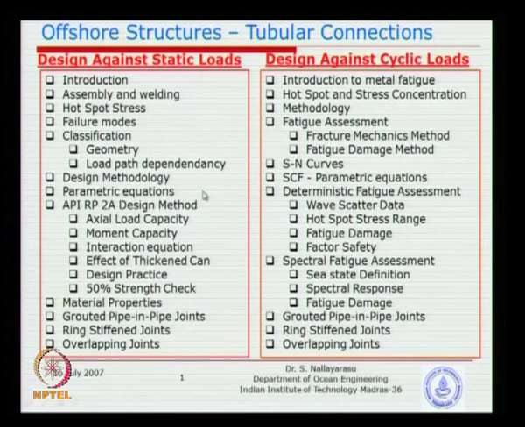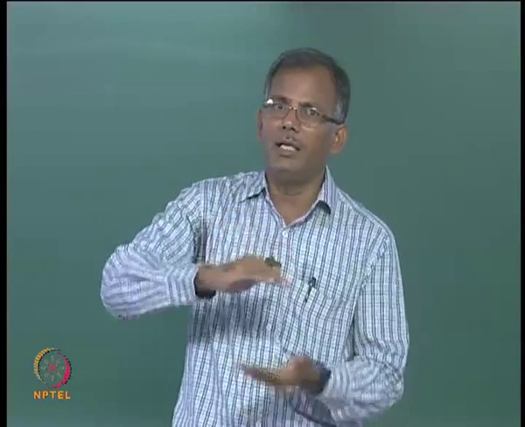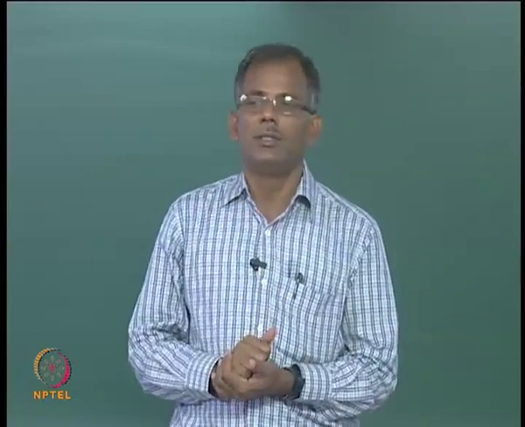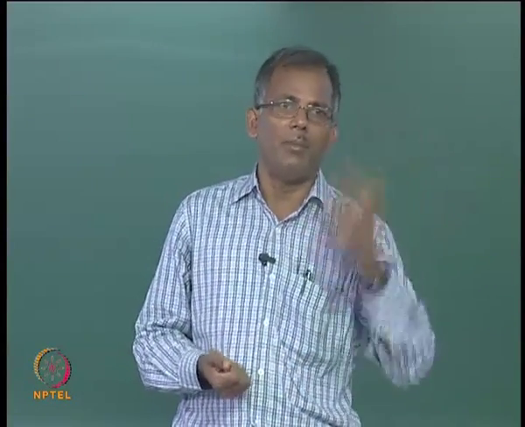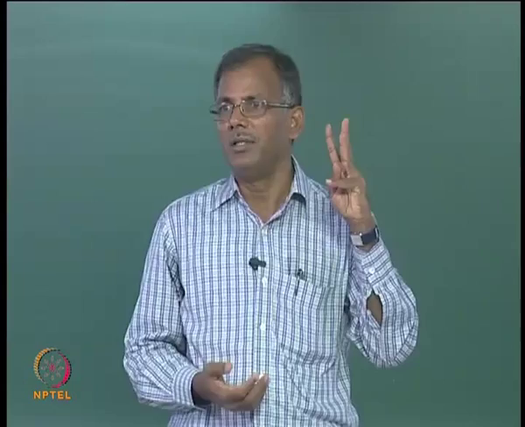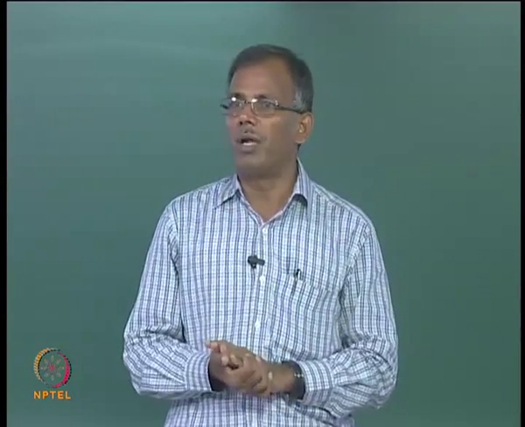Sometimes I call it parametric or empirical, both are the same. Parametric means the empirical equation in terms of certain parameters of the system. So, for example, if you take a column, last time we were looking at allowable axial stress, which is highly dependent on one parameter, the KL by r ratio. So, that is one parameter. Now, another parameter which is influencing is the modulus of elasticity, which is governing the buckling, and the third one is the yield stress. So, 3 parameters are involved in that equation, isn't it? So, that is a 3 parameter equation for allowable axial stress.